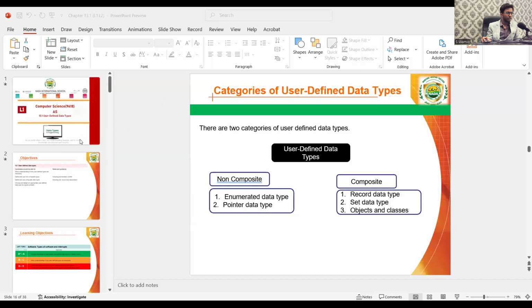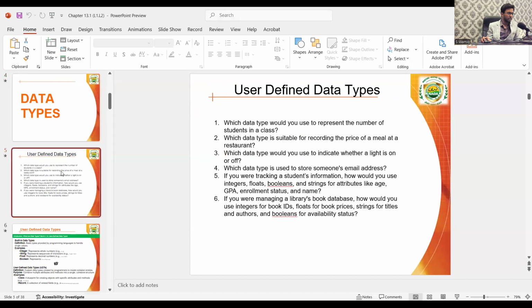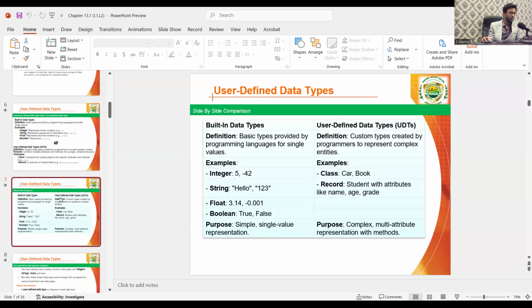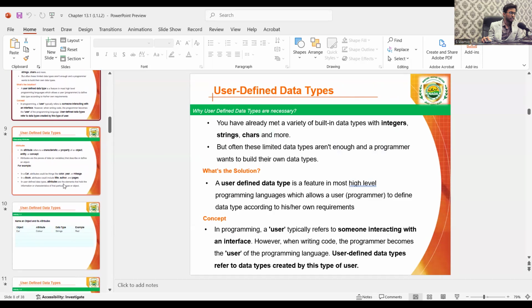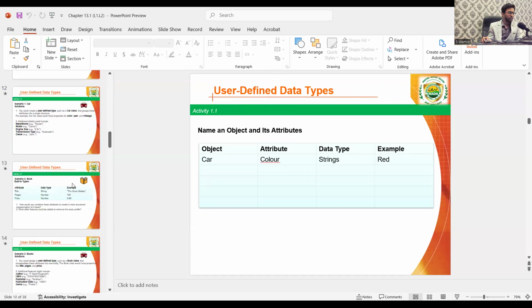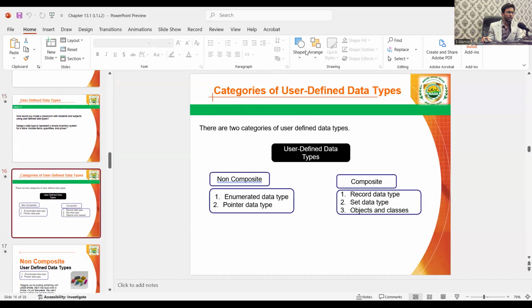Basically, what we have covered since the last classes is what data types are, what the need for them is, why I need them, and the comparison between built-in data types and user-defined data types. Then I gave you the concept. I discussed in detail the objects and attributes. I even gave you an exercise based on that. So, in today's class, we are going to continue our lecture with